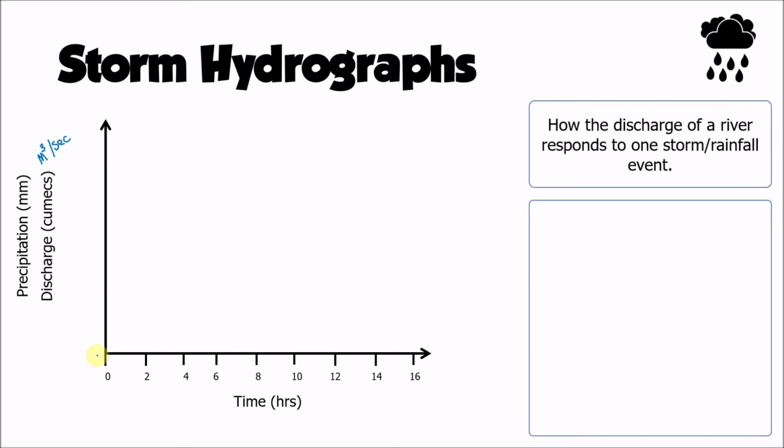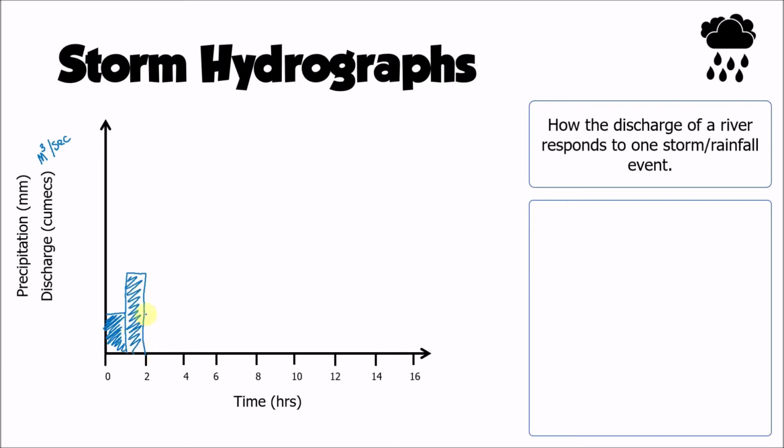There are two main things that we represent on a storm hydrograph. One of those is precipitation and the other is discharge. Precipitation is indicated on our hydrograph with some bars representing the amount of rainfall. So we can imagine here if we had one bar showing the amount of rainfall that fell in the first hour of that rainstorm, and then we could think about maybe in the second hour that rainfall gets a little bit heavier,